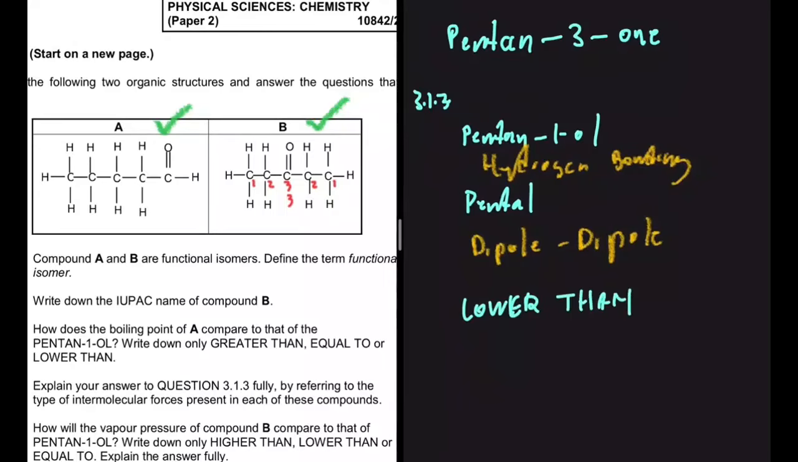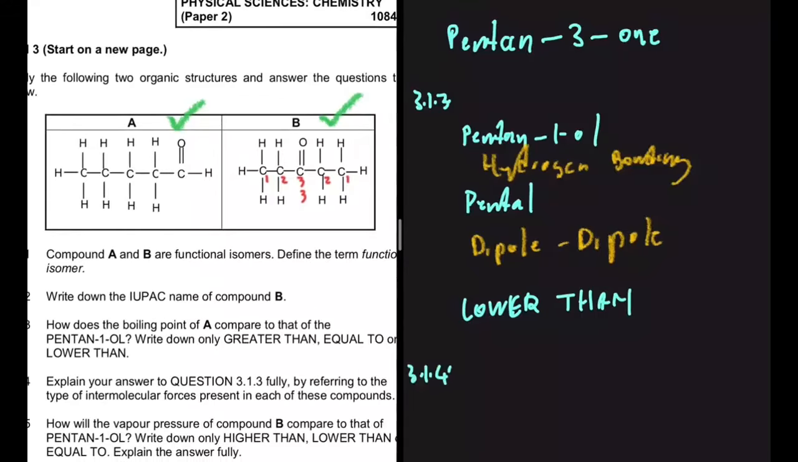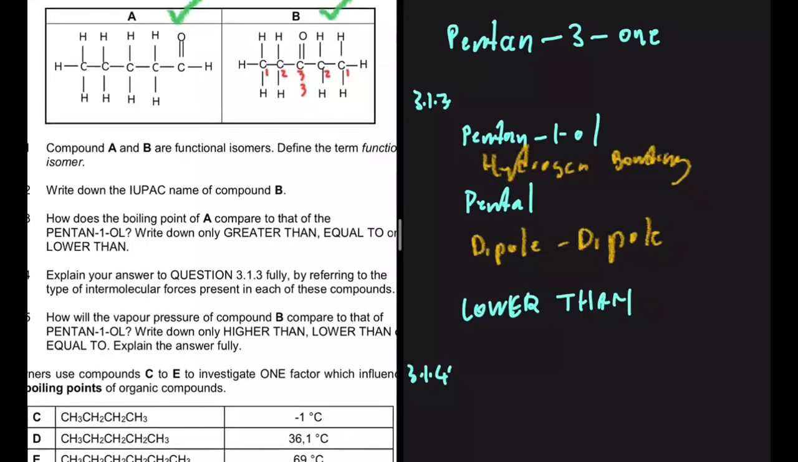Let me explain why that is the case in 3.1.4. The intermolecular forces in pentan-1-ol, which happens to be hydrogen bonding, are stronger than the intermolecular forces in pentanal, which is dipole-dipole. And then you know that if you have stronger intermolecular forces, then more energy is required to overcome those intermolecular forces in that compound. And then as a consequence, the alcohol or pentan-1-ol will have a higher boiling point. That is the answer to 3.1.4. Let's look at